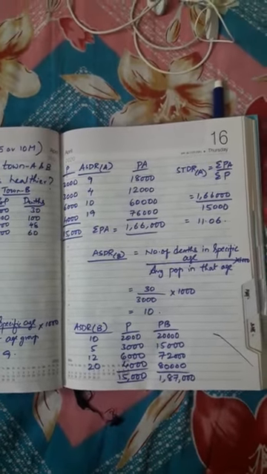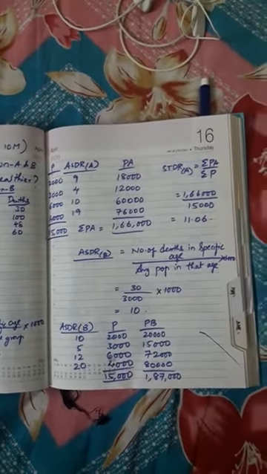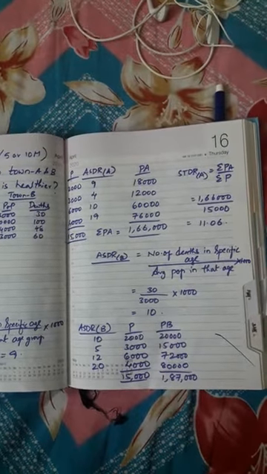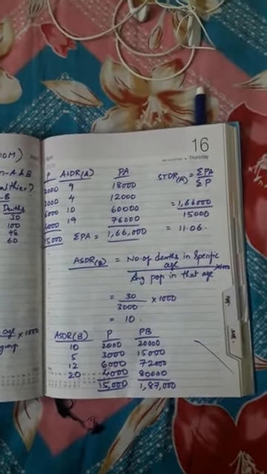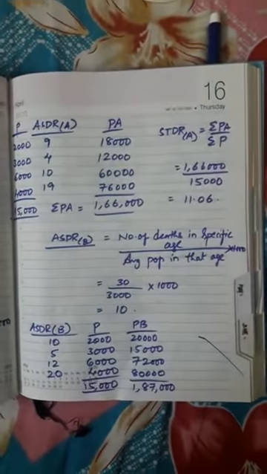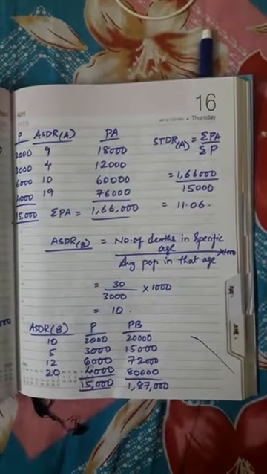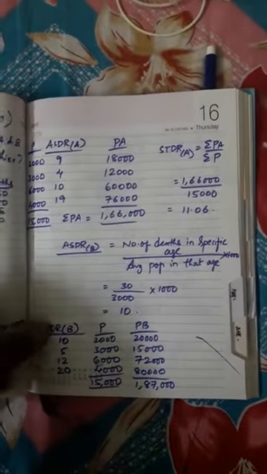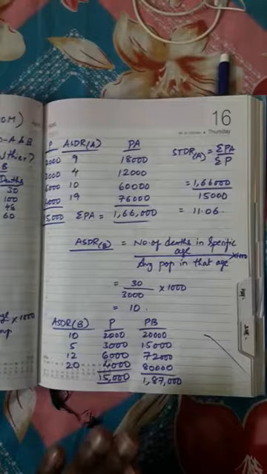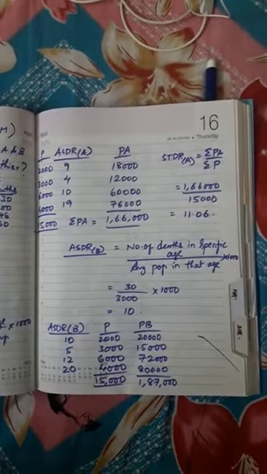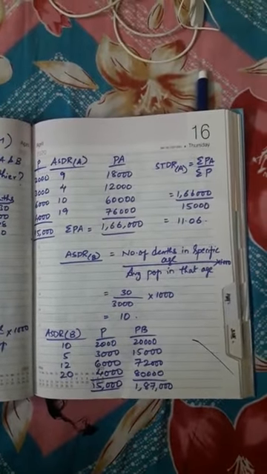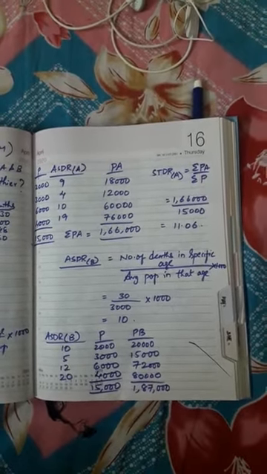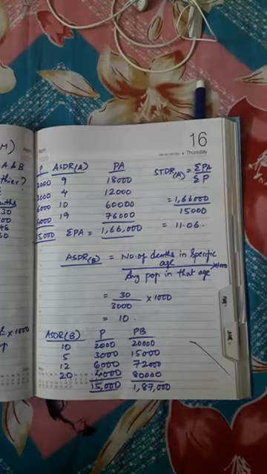Similarly for town B you calculate the same, ASDR of city B. The first one, 30 divided by 3000 into 1000. If you look at the problem you will understand. 30 divided by 3000 into 1000, the value will be 10. So here I have taken ASDR of B as 10. Remaining all you can calculate directly: 100 divided by 20,000 into 1000, 48 divided by 4000 into 1000, 60 divided by 3000 into 1000. You get all the ASDRs of B.